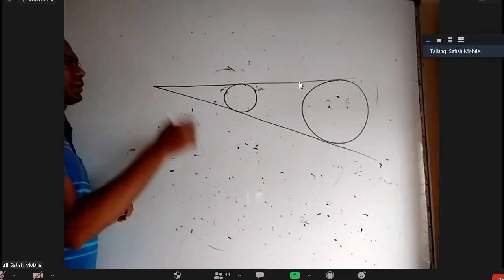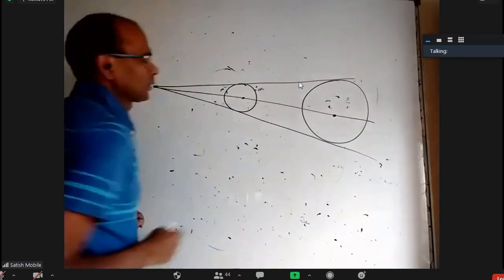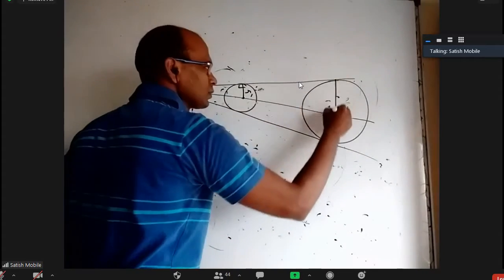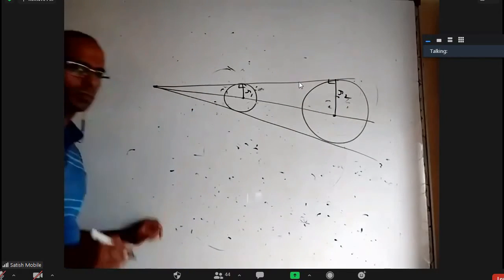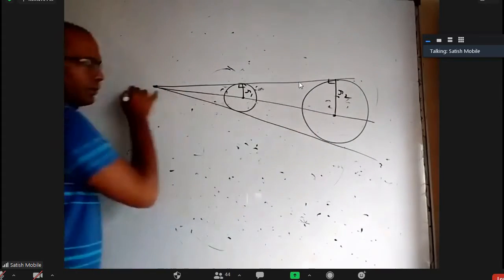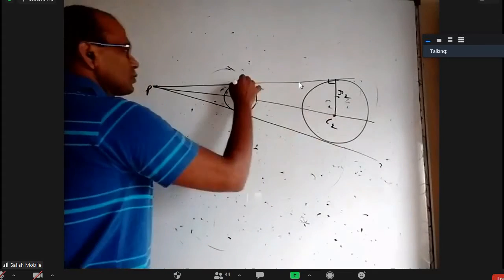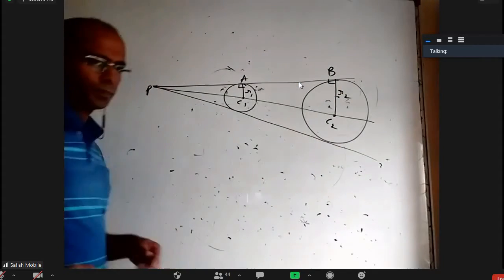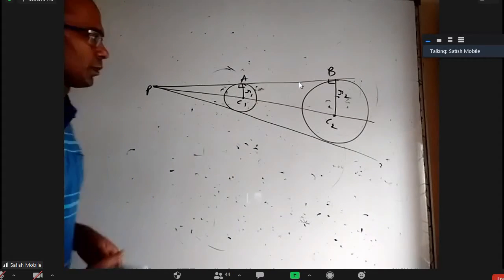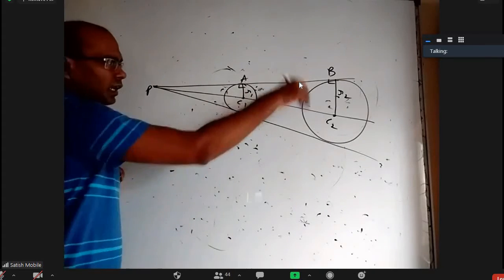How do you find internal and transverse common tangents? Same process for direct common tangents. The two direct common tangents, where they intersect, this is R1 and this is R2. You can take this triangle, it is similar to this triangle, right? This is P, this is C1, this is C2, this is A, and this is B. PC1A is similar to PC2B. So based on that, P will divide C1, C2 externally in the ratio R1 is to R2.